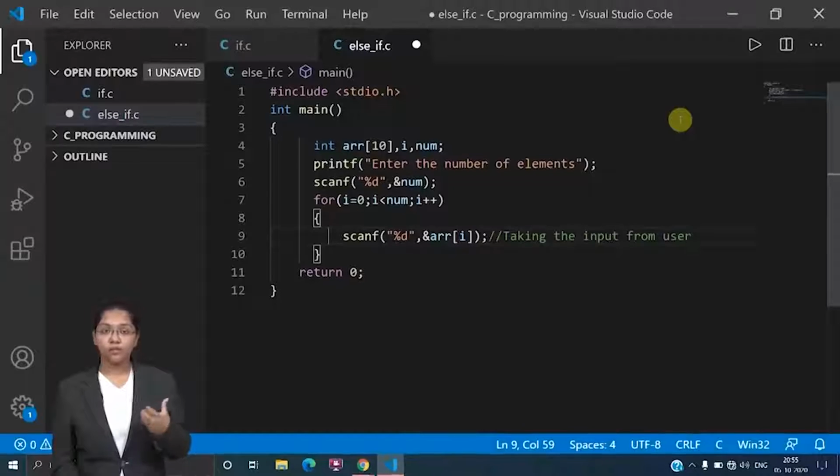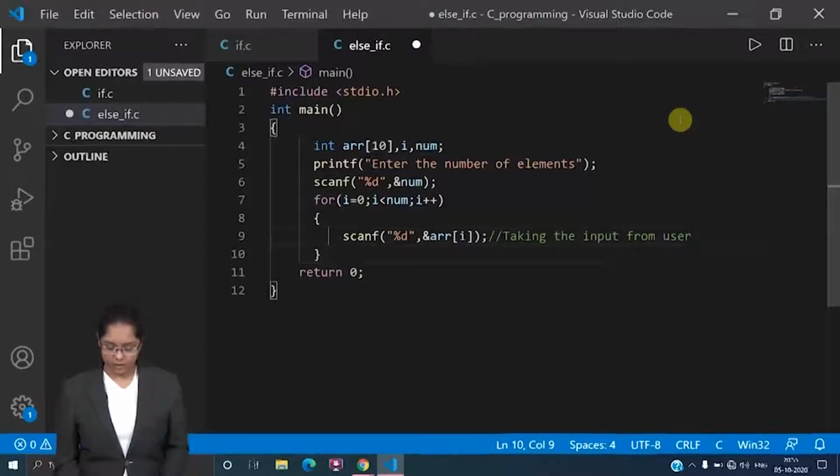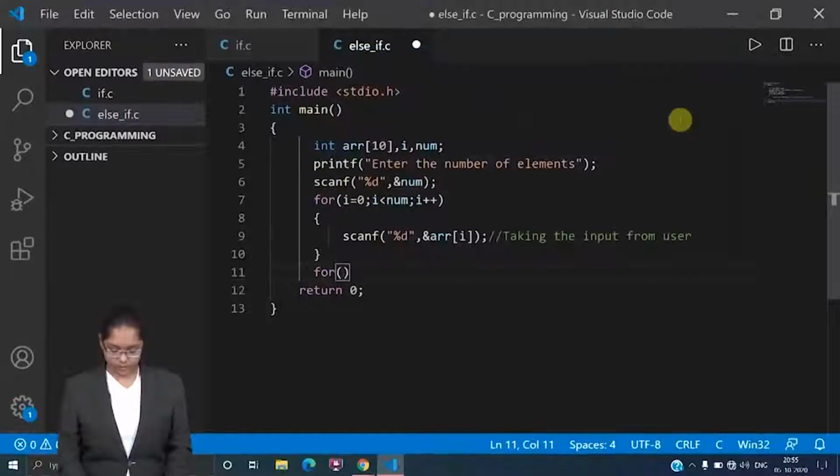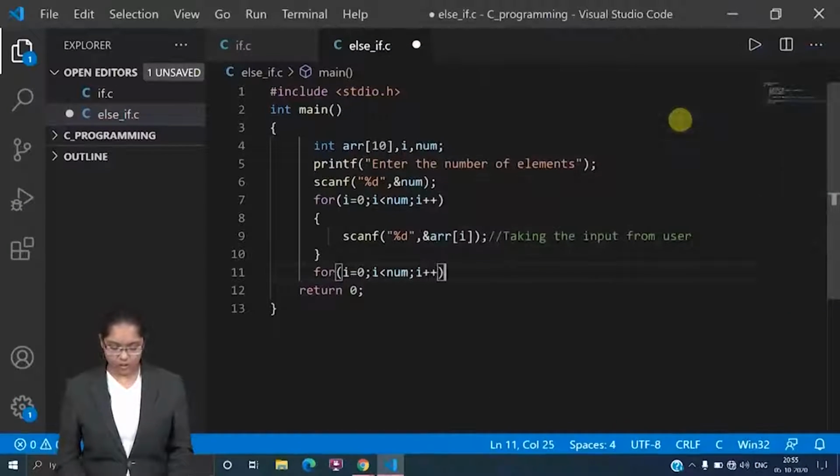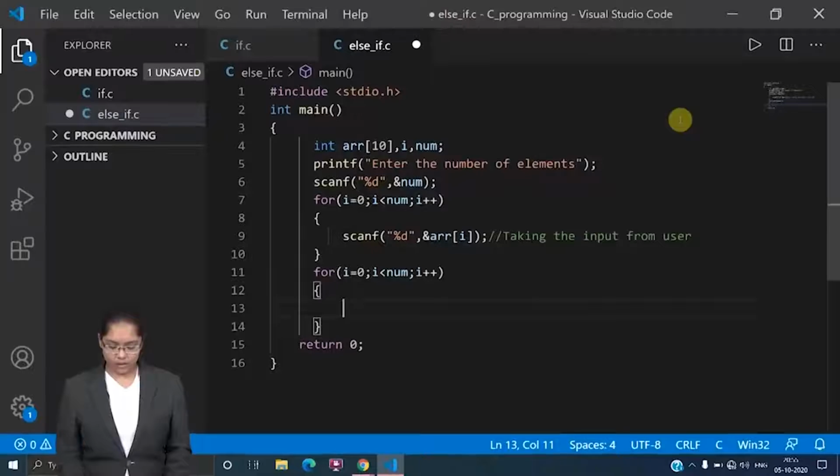Now I have taken the input from the user, and I want to print it. So again I will use a for loop, and there I have to write a printf statement. Then i is equal to 0, same, i is less than num. This won't change; the only change will be in this statement.